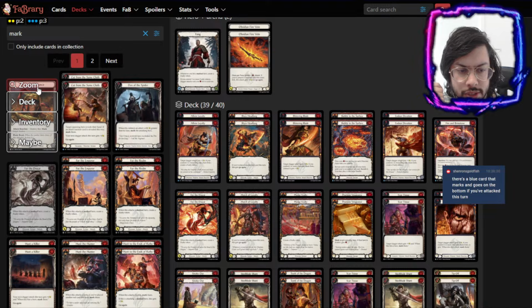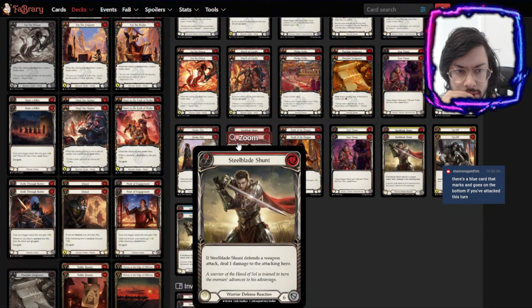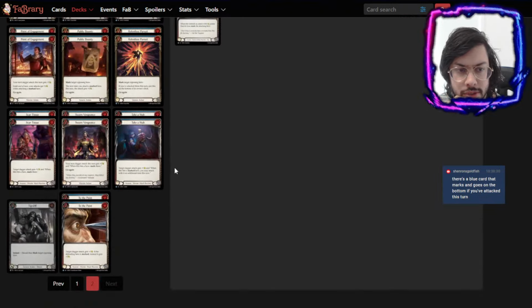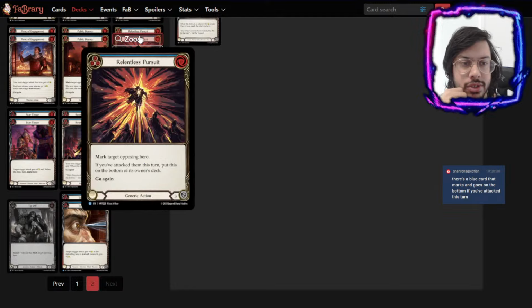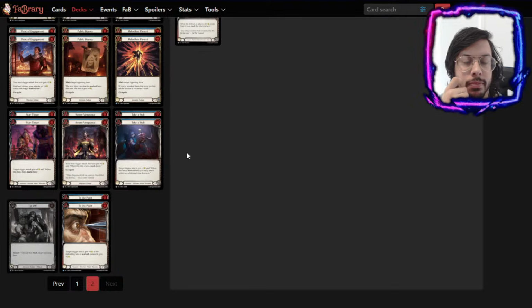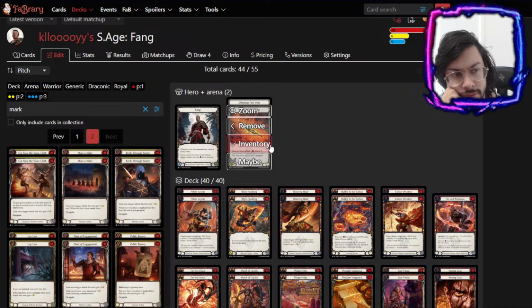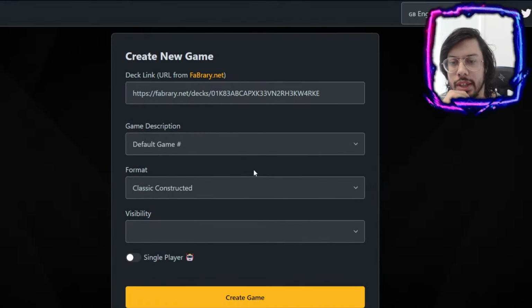That seems like definite sideboard. I want to say exposed. No, it's this. It's a Relentless Pursuit. Attack them this turn, put some on the bottom of its own deck. Problem is, once you get to 3, then they start dropping off. But if we were just trying this to start out...